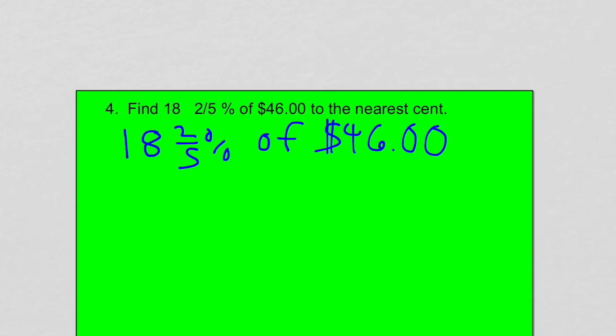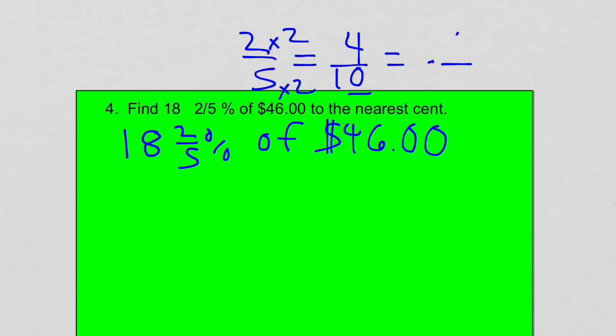Okay, so we have to take this percent and make it a decimal. Now we have to focus on the 2/5. 2/5 can be made into a fraction out of 10 by multiplying by 2 top and bottom. That's 4 out of 10. 1 decimal spot because there's 1 zero. And it's 0 and 4/10. So we can say 18 2/5 is the same as 18.4%